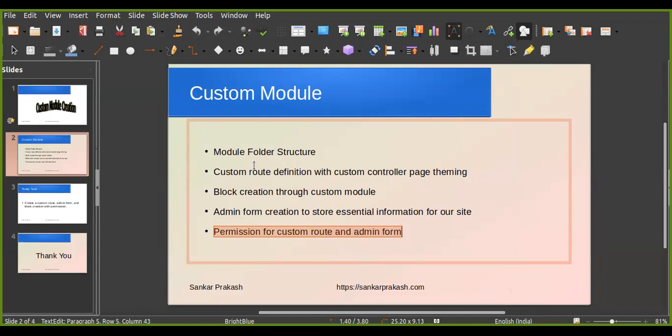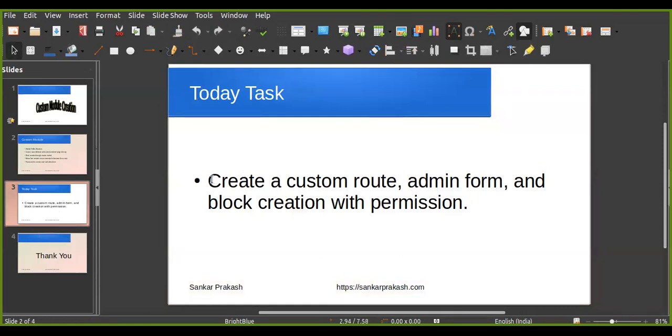With that note, this is the slide I talked about for the action oriented steps. So please follow the classes and create your website with this information, custom route and the admin form. And if you can, create your blog creation also with the permission level. If you are not able to do it, I will share my code in tomorrow's session. You can use it.